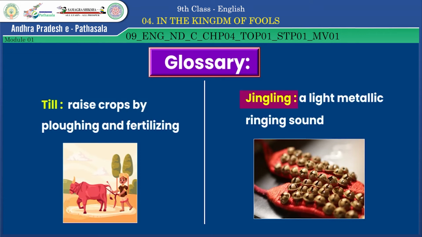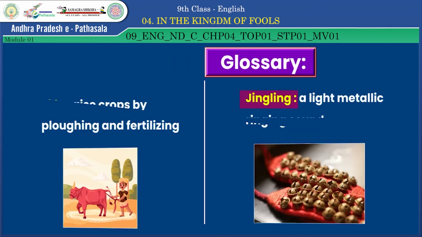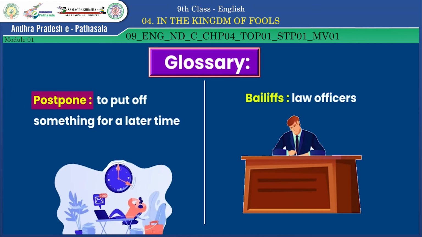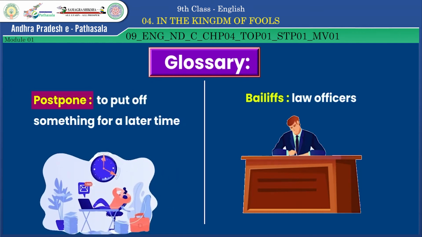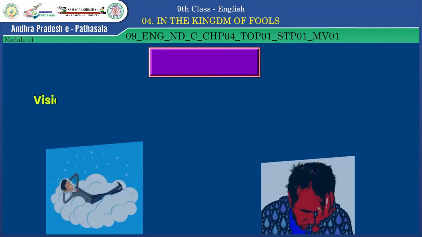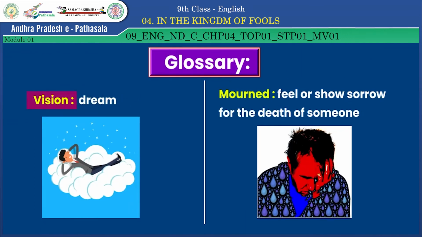Next one is impaling. To kill someone by fixing onto the stake. You can see the picture and understand it. The next one is culprit. A person who has done something wrong or he has committed some crime, such person is called as a culprit. Here comes the important word of our lesson, stake. It's a very sharp pointed wooden post that is used to penetrate to something. It was used to execute people in olden days. You can see the picture here, or you can see the impaling picture in the previous slide and understand its meaning.